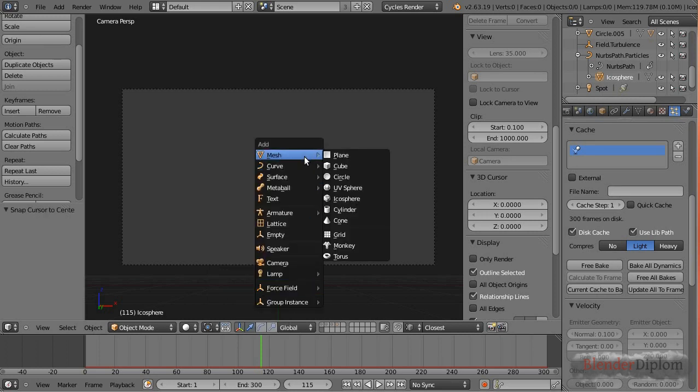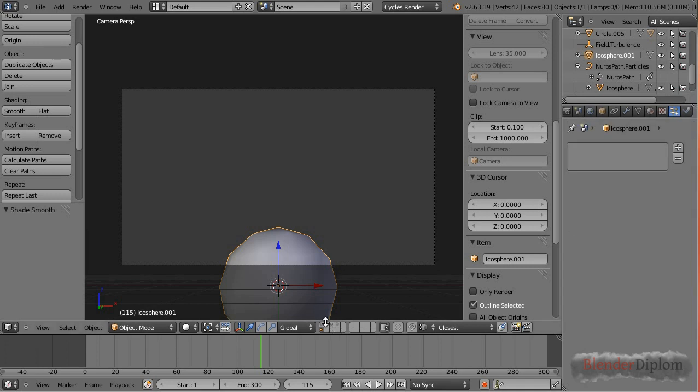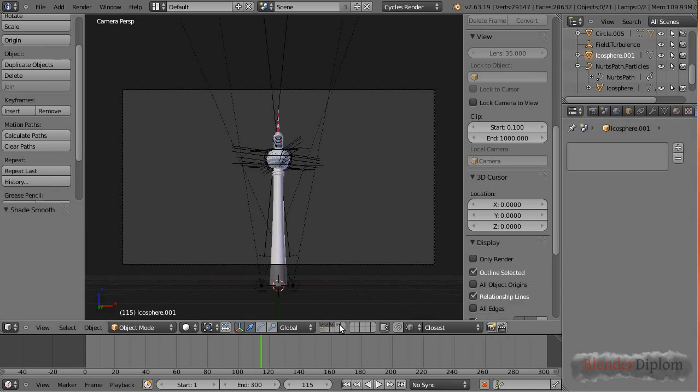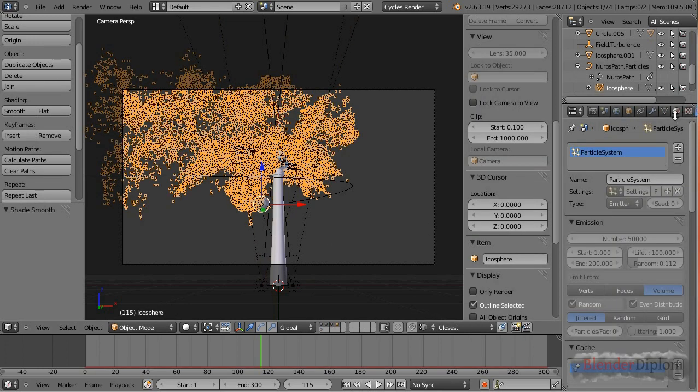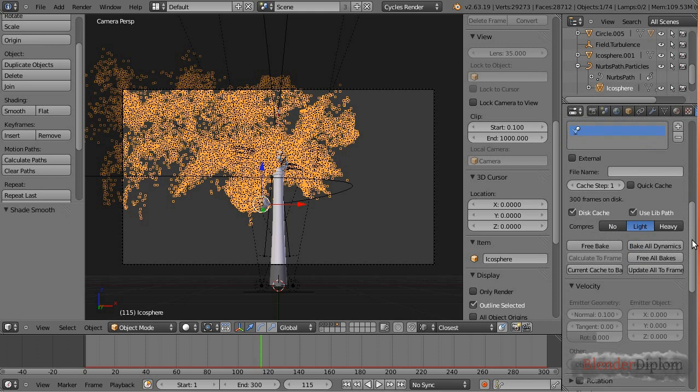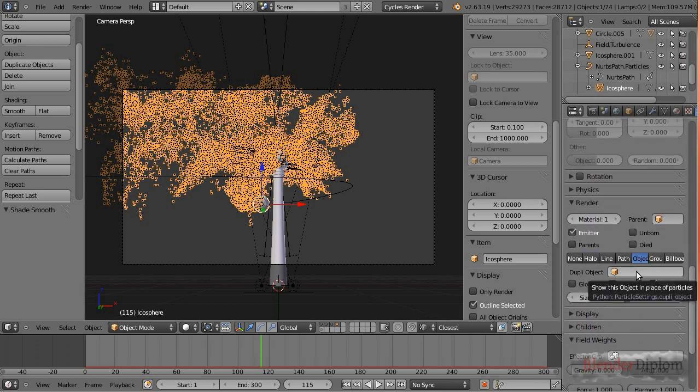The particle I want to be on a different layer because it's gonna emit light, and I don't want it to shine the light on anything in the scene from this particle, just from the particles that are gonna be emitted. So let me set the shading to smooth, and now let's turn on all the other layers back on. Now I can select here the particle system that's emitted from this sphere, and down here in render I can select object,